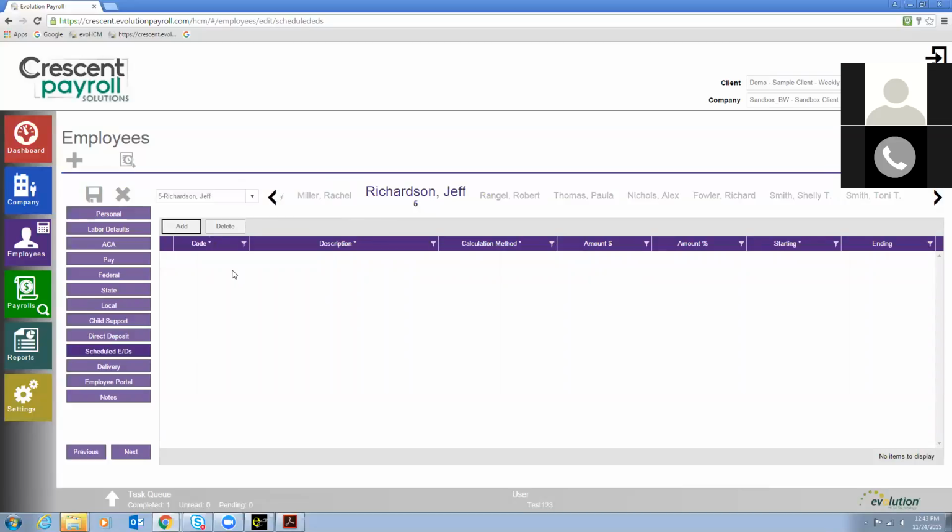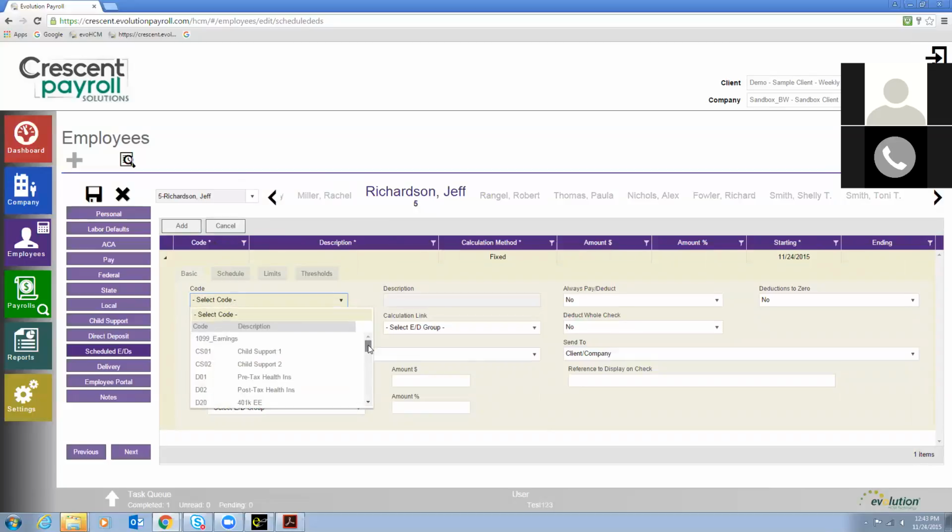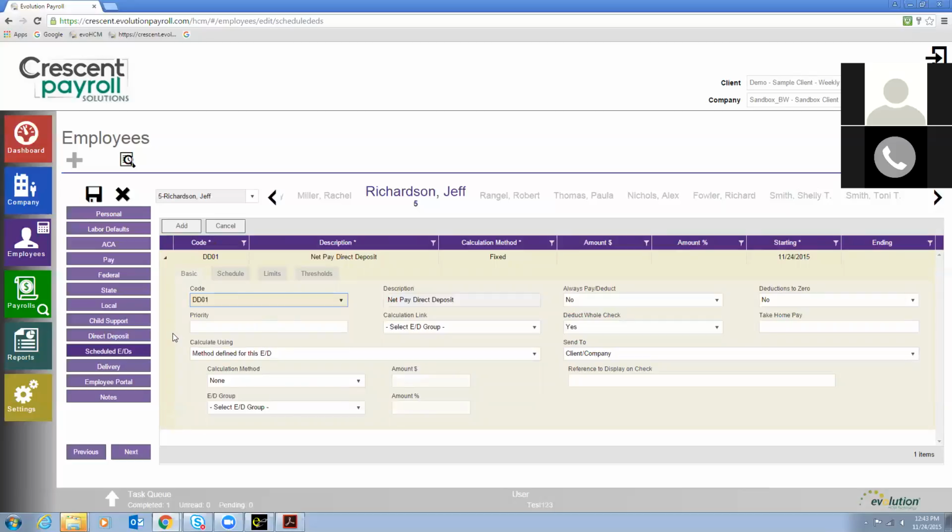As you can see, currently we do not have an earning or deduction scheduled for the direct deposit. So I want to add, and this is the same process for adding any sort of earning or deduction on an ongoing basis for that employee. The code is the same list that I showed you in the company level setup. I would want to, in this case, scroll down to direct deposit DD01, net pay direct deposit. This will automatically populate the